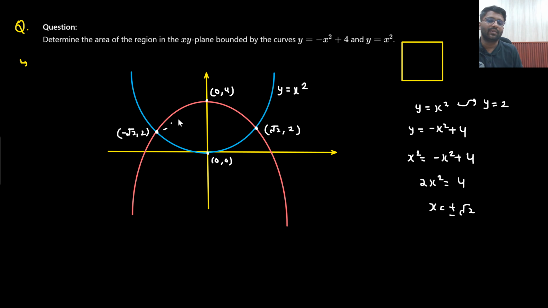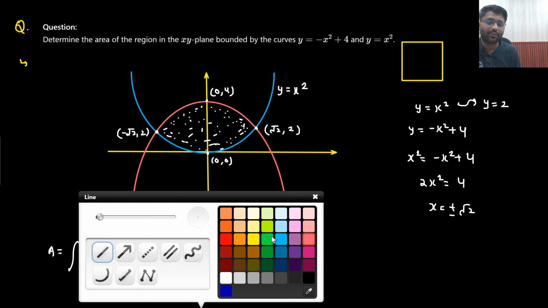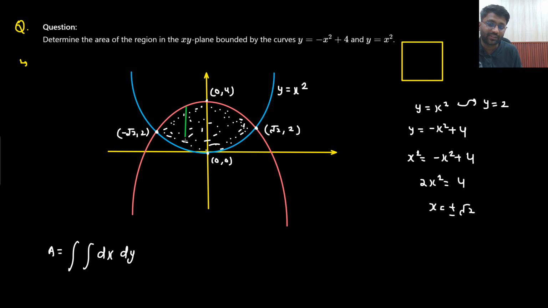So this is the bounded region. What we are supposed to find is the area. What would I do, dx dy? Method 1, method 2. Taking a vertical strip seems very easy here. Why is that so? Because if I move the strip anywhere,